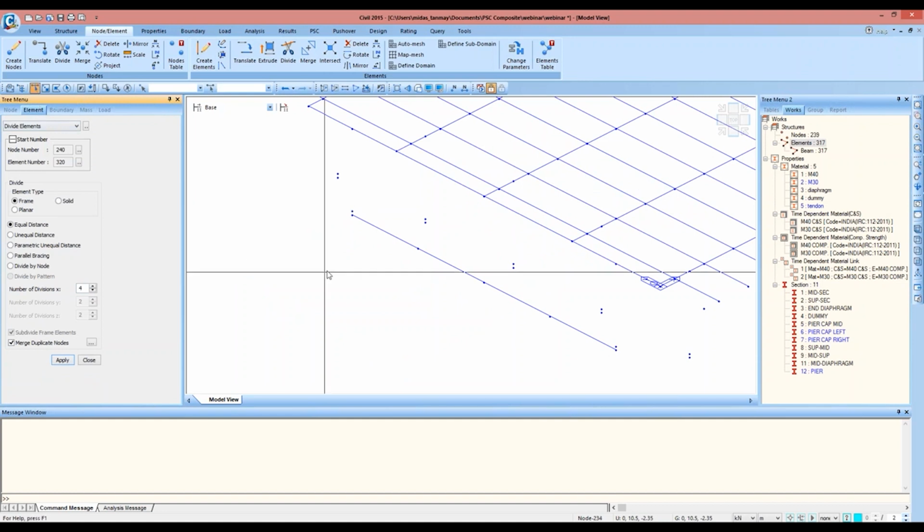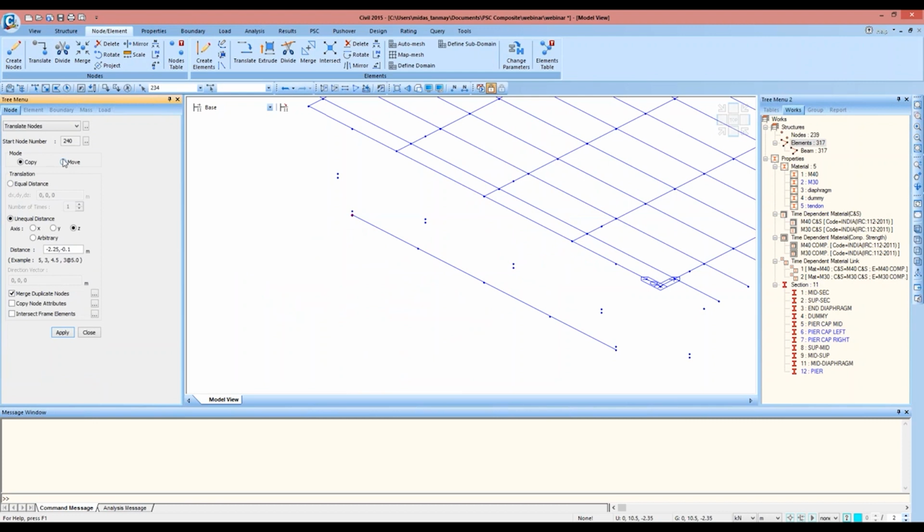And I'll also copy this node to the y direction 1 meter, apply, and the same for this node to y direction minus 1 meter and apply.